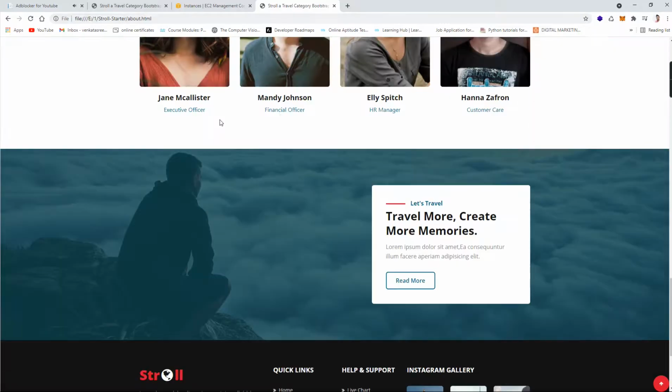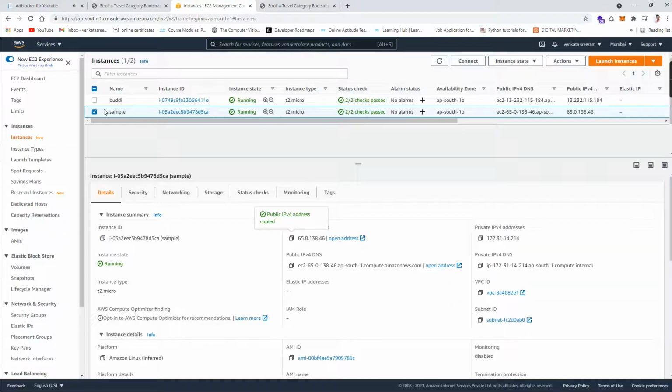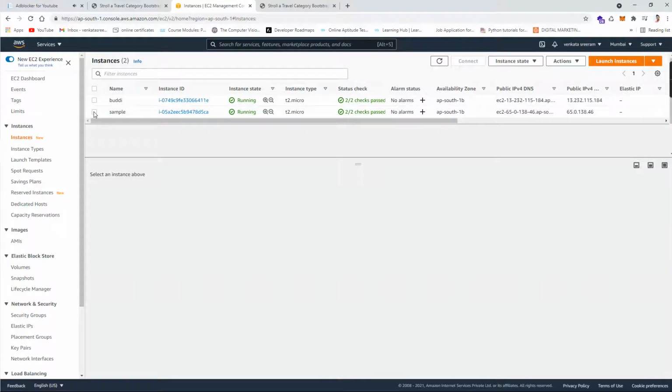Let's recap the steps we have done so far. Creating the S3 bucket means creating a folder, like a structure on your PC, and transferring all the files we have into that bucket, and making the bucket and files public. After that you have to create one instance, which is nothing but a machine where you are going to release your website.